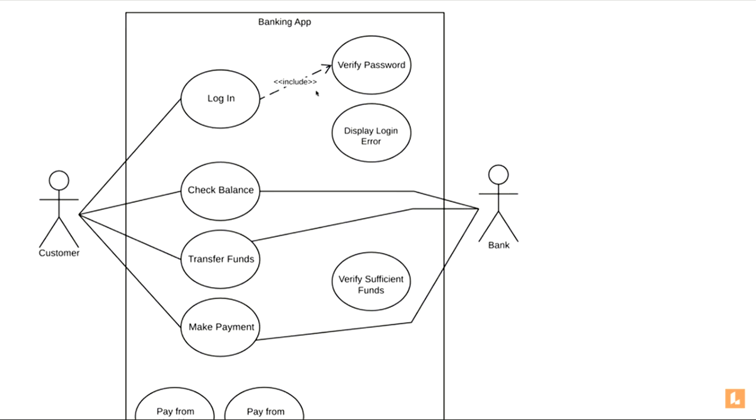It just shows you that the user can log in, the user can check balance, the user can transfer funds, and the user can make payments. So this was a primary actor who can associate or initiate these four use cases. Now here is my secondary actor, that is the bank. If you see here, I haven't associated this bank to this login. There is no association between bank and login. Why? Because bank is not concerned with login for now. A user will log in, na? Bank will not log in.